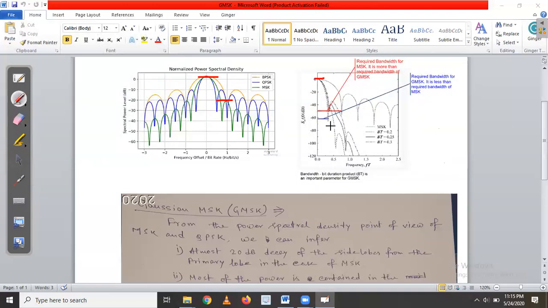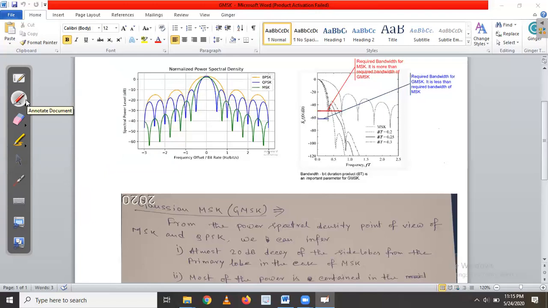For MSK, maximum power is contained only in the first lobe. But bandwidth is this line. This red color line is the required bandwidth for MSK. Now we are going to introduce another thing, which is known as GMSK, where the required bandwidth will be less